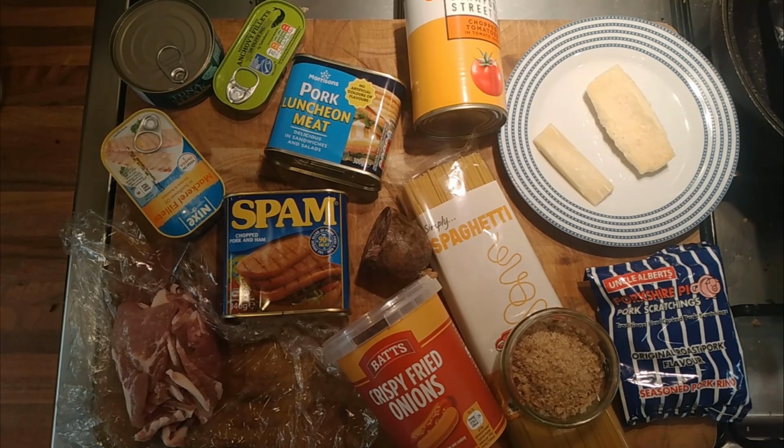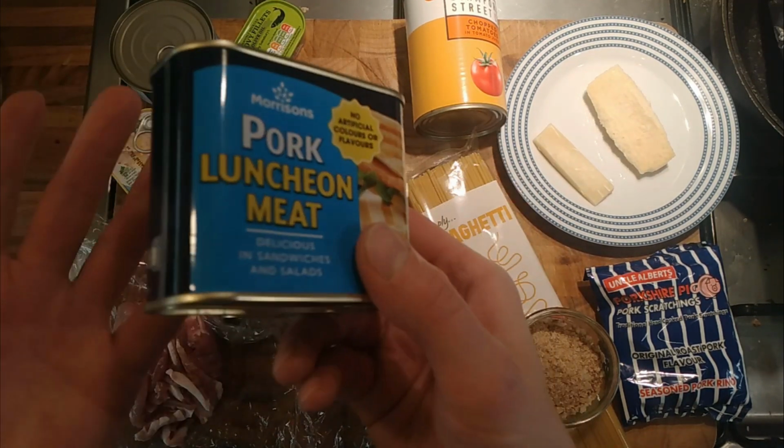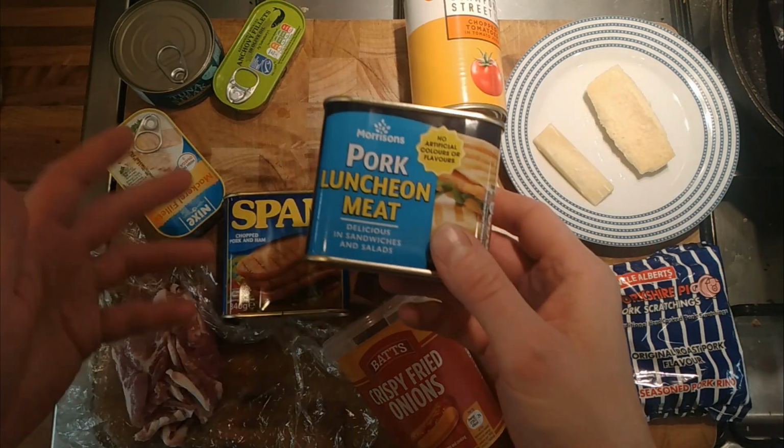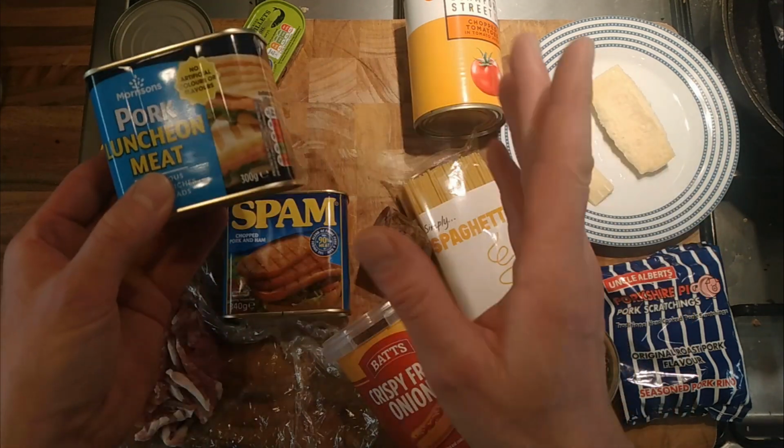A video on 3 ingredient pasta. So I made a cheap supermarket spam pasta. Cheap supermarket spam, it's called luncheon meat, but is it spam, or is spam luncheon meat? I don't know, but anyway, to cut down the costs,